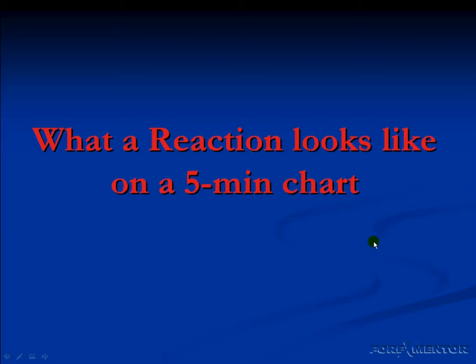what a reaction looks like on a 5-minute chart. Now, you want to keep in mind that when you are observing reaction levels or key levels on a medium-term time frame like a 1-hour chart, or even the higher time frames like a 4-hour or a daily chart, you